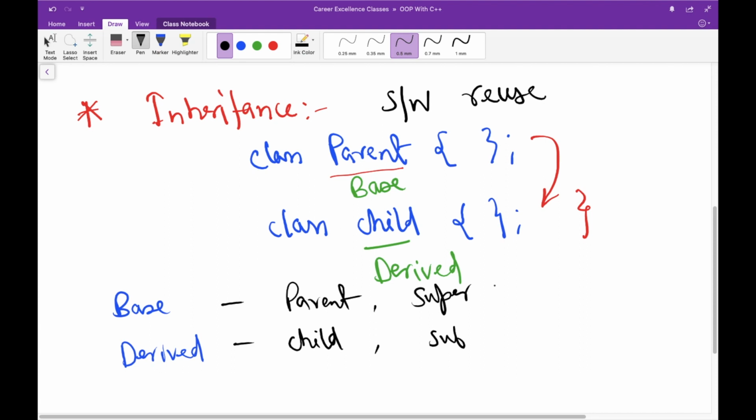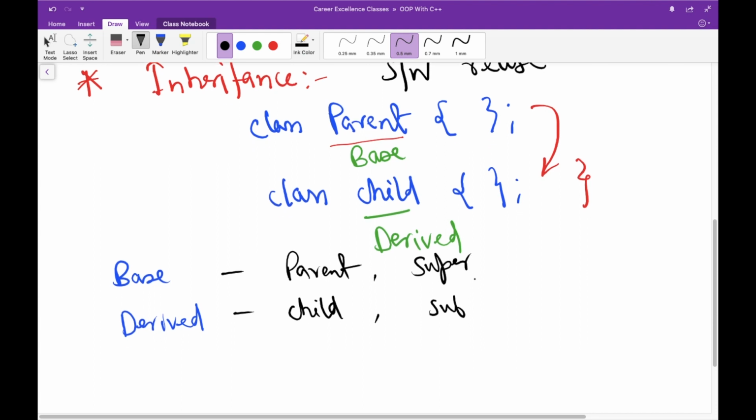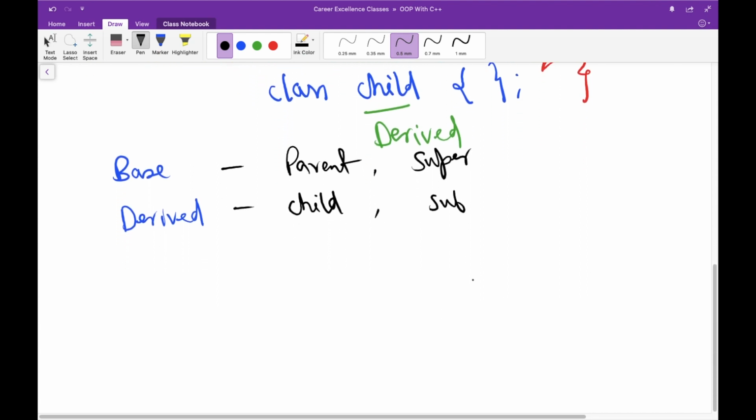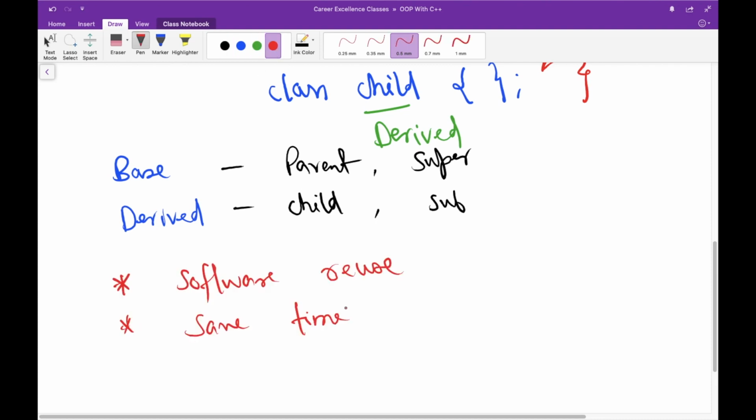So all these names are the same, and you will automatically know about them because these are intuitive names, right? So basically we are getting the benefit of software reuse using inheritance, and it saves our time during program development.